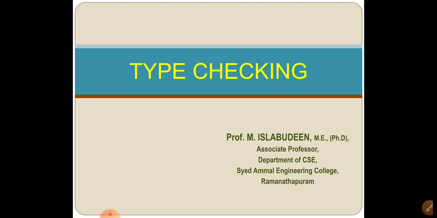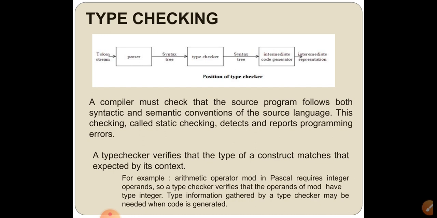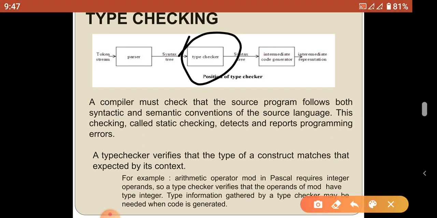So today we are going to discuss how the semantic analysis performs the type checking and how it checks the meaningfulness of the other programming constructs. Before that, this is a pictorial diagram for type checking. The semantic analyzer gets the input from the parser in the form of a syntax tree and also produces a syntax tree without type mismatch errors to the intermediate code generator. That is the main function of the semantic analyzer.